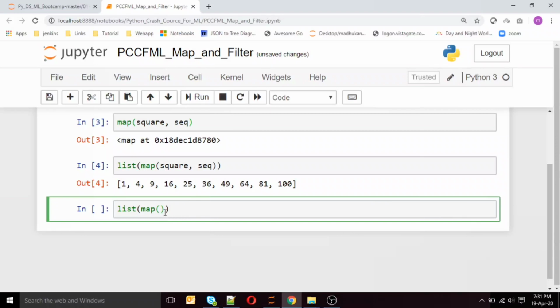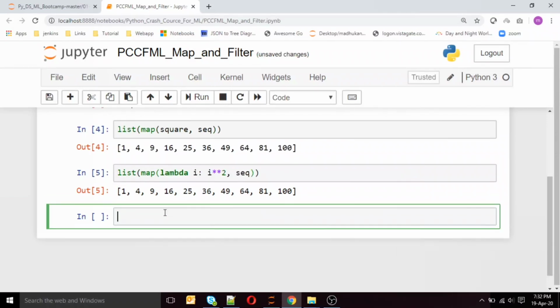I can create a function at runtime, which we learned as a lambda expression. It will take input as i and return i square. This is the lambda function which we send to the map, and the iterable object is the sequence. So the output is the same, right?